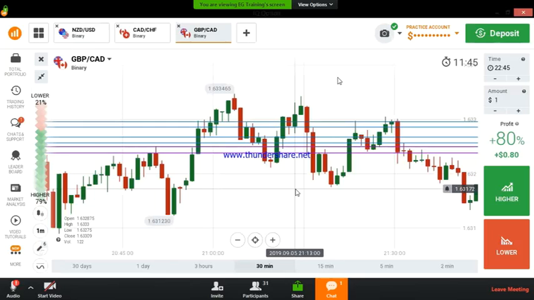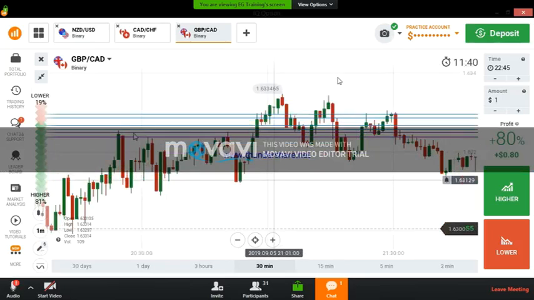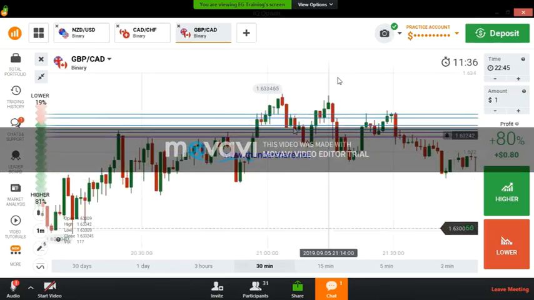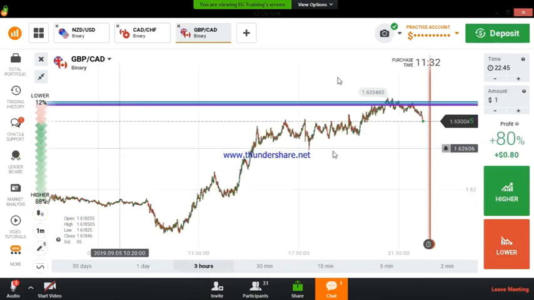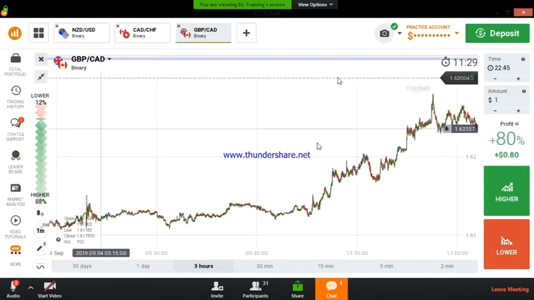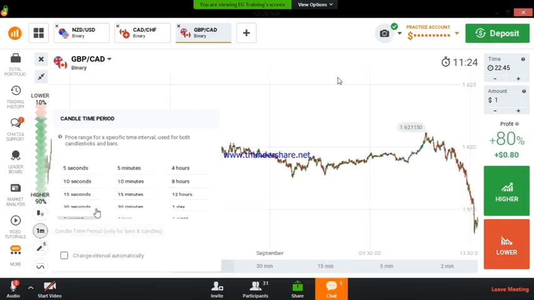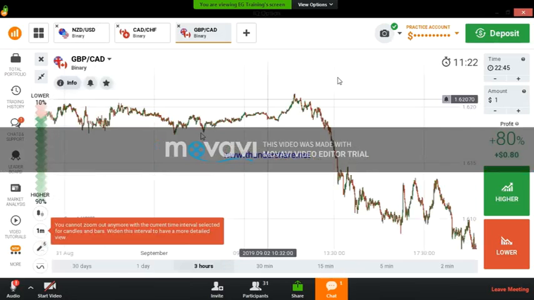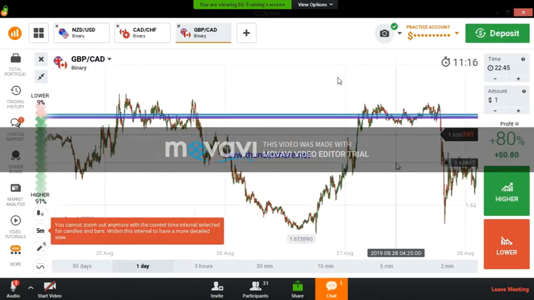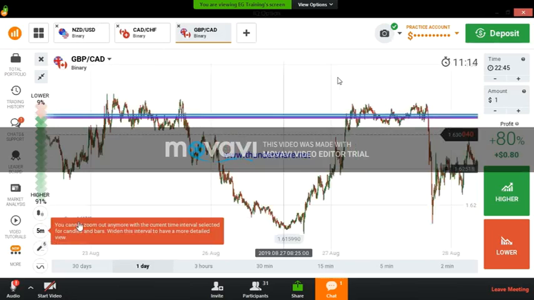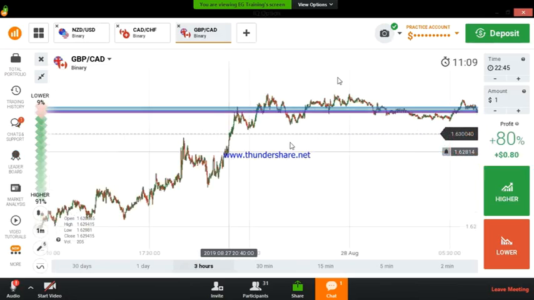Okay, clear? Okay. There is a level here, the 50th level, this level, and here also there is a level. So we need to check this level in the past history, after drawing a strong level with the help of Fibonacci tool, we need to see in the past history. I think here. Okay, this level.